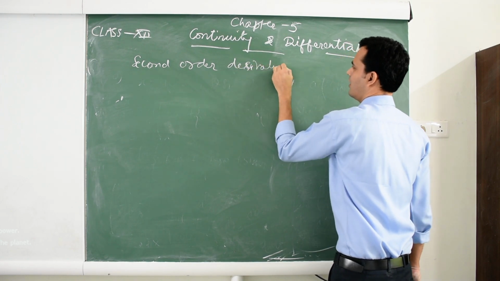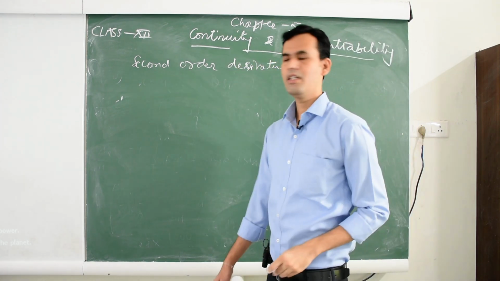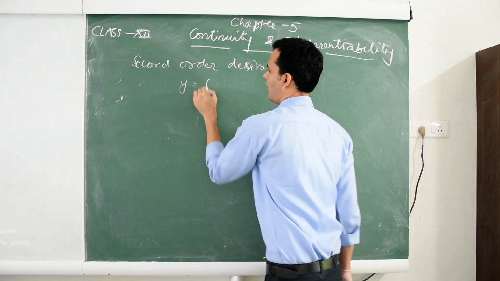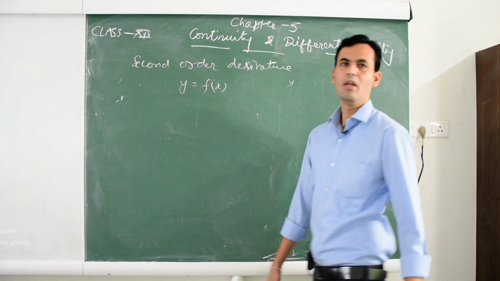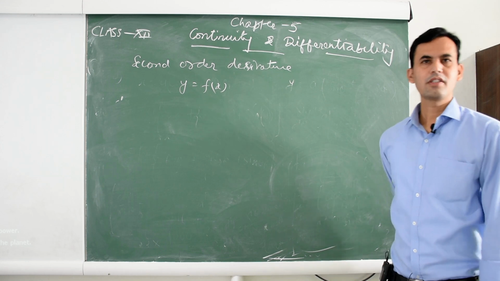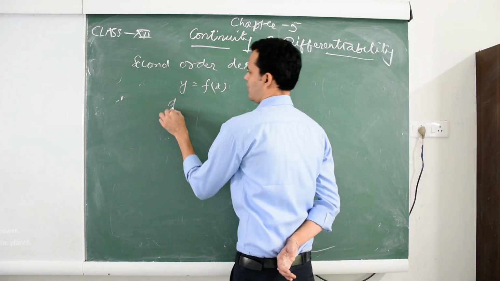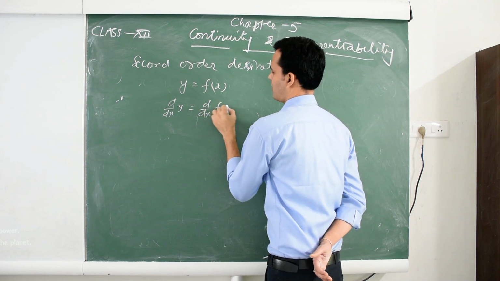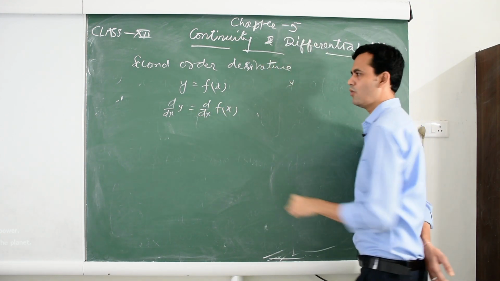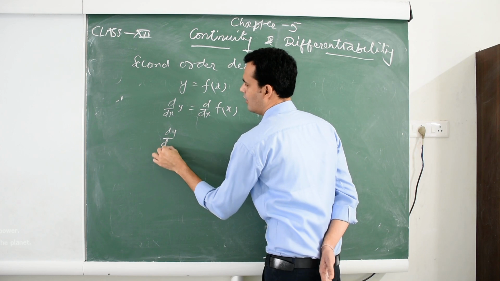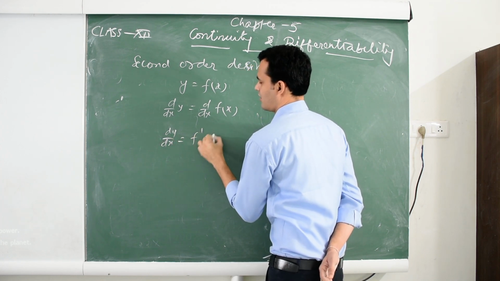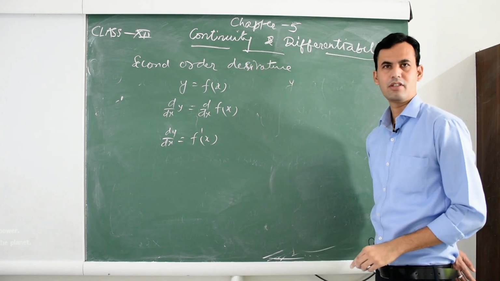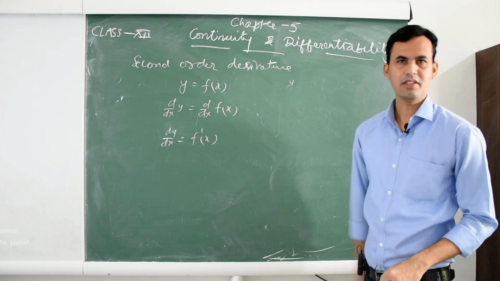In this we have one function y equals f(x). Differentiate this function with respect to x. So d by dx of y equals d by dx of f(x). So we get dy by dx as f dash x. This is the first differentiation. If we again differentiate this term,